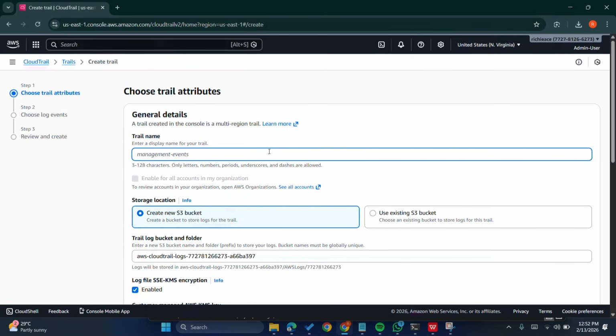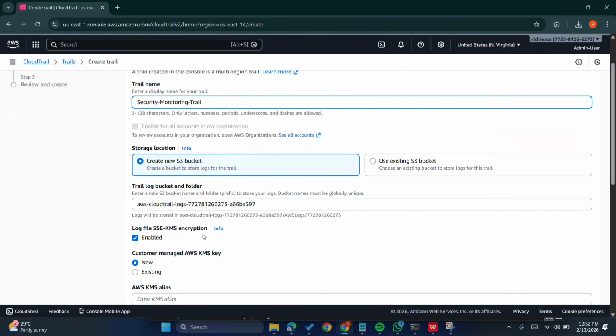So we can name this trail anything we want. So what name are we going to use now? Okay, let's name it security monitoring trail. Then we create a new bucket for it. You can name the bucket